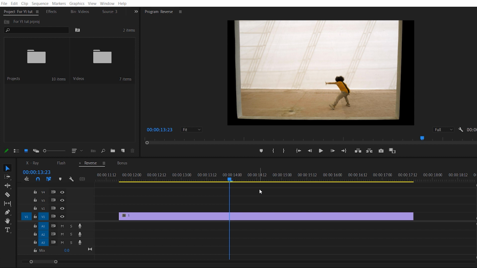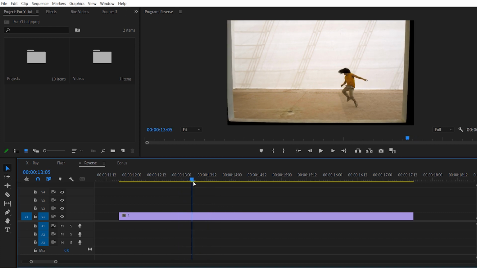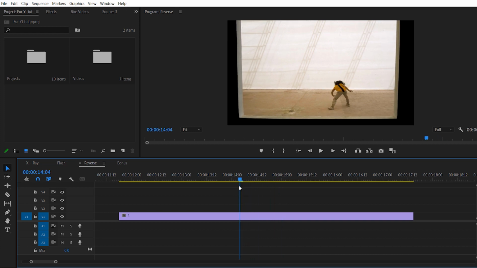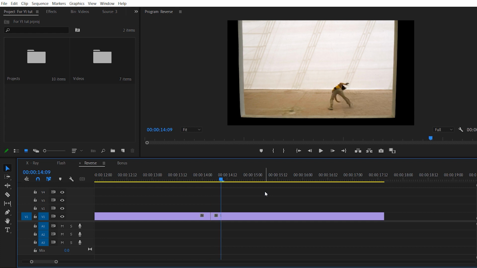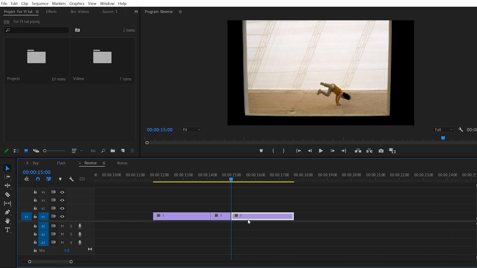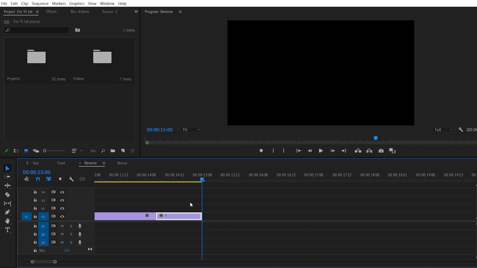So the next effect we have is a reverse, or you can say reverb effect. It's really popular in music videos. For that, you just need to select a point where you want to add this effect. This point is really good for me, so I just make a cut by pressing Ctrl K. Then I'm holding Shift and the right arrow key for the 4th time because I need 20 frames on my right side to make this effect. So make a cut by pressing Ctrl K, and here we have a 20 frame footage right here.